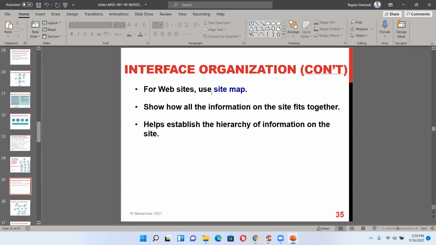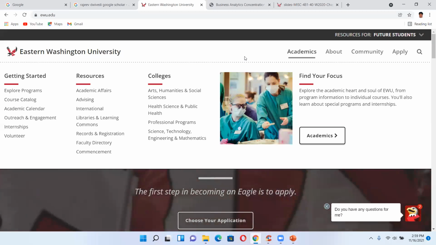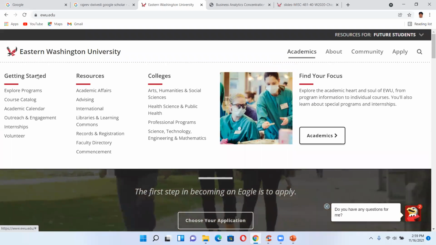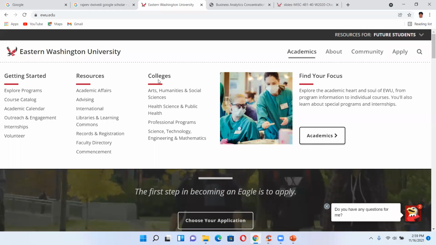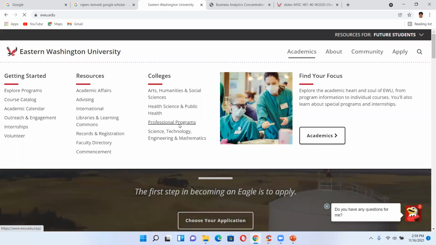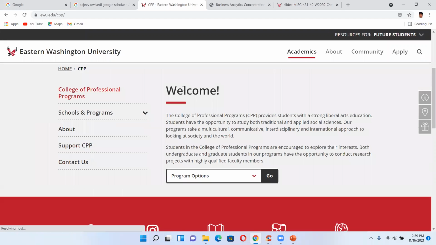For a website, use a sitemap, which we were just looking into. It shows how all the information on the site fits together and helps establish the hierarchy of information on the site. If I go into Academics, under Academics these are the three categories. Under that I go to College, and under College these are the four colleges.